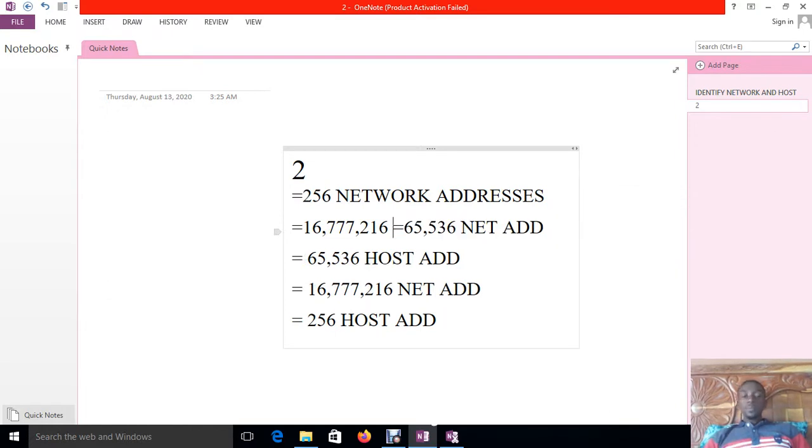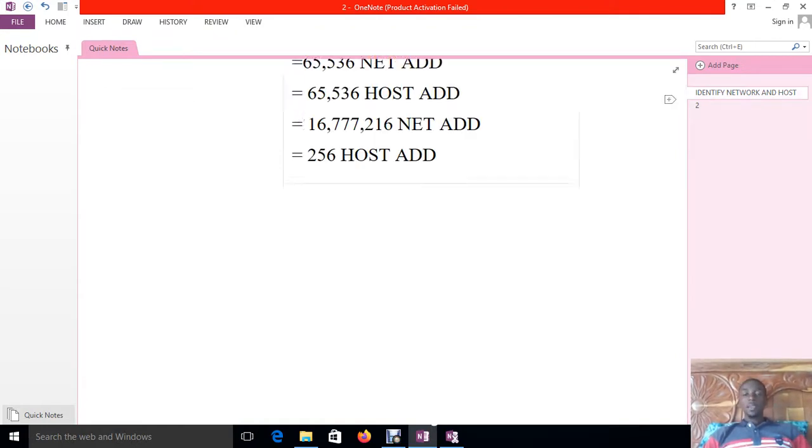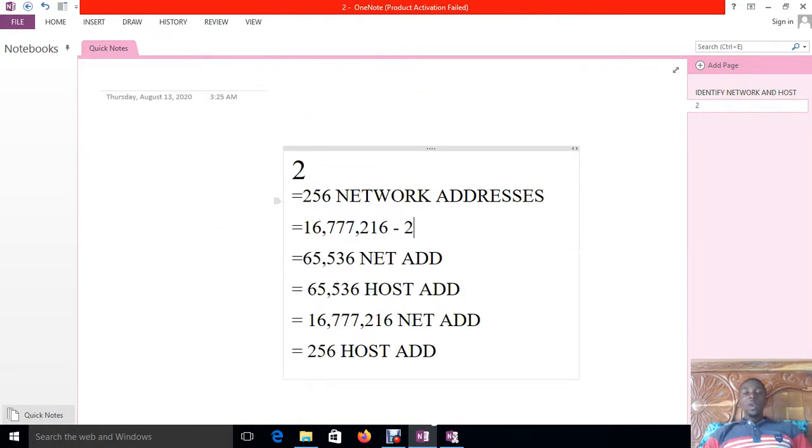Now, each time that you calculate the number of host bits, you have to subtract 2, because of what I just explained: the network address and the broadcast address are not usable. So you are going to subtract those 2 addresses from this, then you can get the result. So right here, when you say 2 to the power of host bits, the number you have is what we call the block size. That means